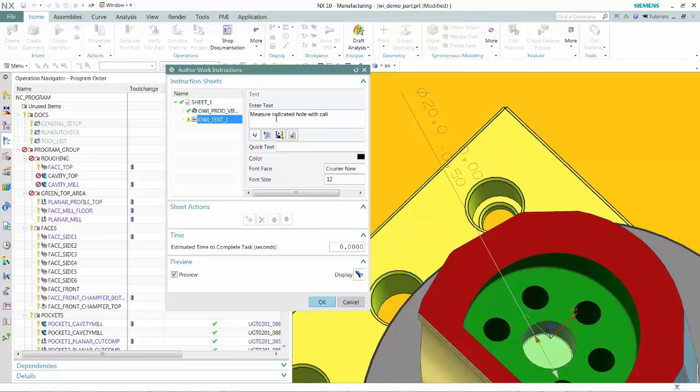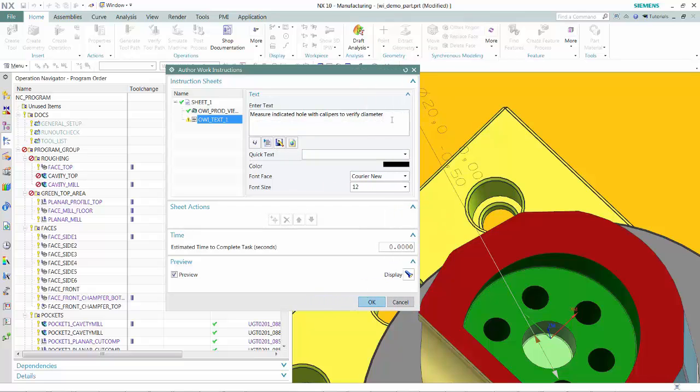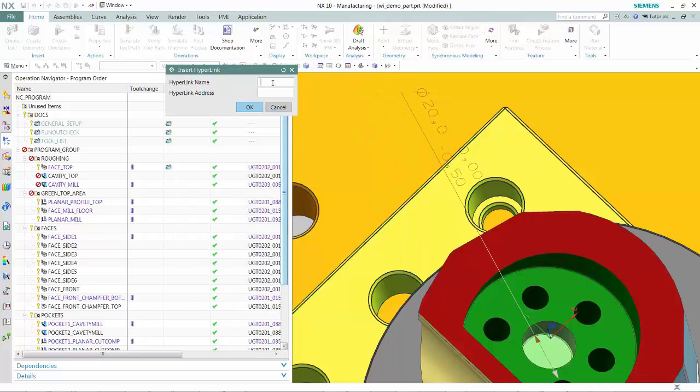So the work instructions themselves are a little bit more detailed here. We'll indicate that he needs to measure this hole with calipers following some process to verify the PMI that's in view on the work instructions. And of course we can use as much detail as is required. And for instructions that really require a lot of explanation or external references, we can even include hyperlinks in our instruction text. So companies can highlight their published standards as part of each work instruction package, making the most of